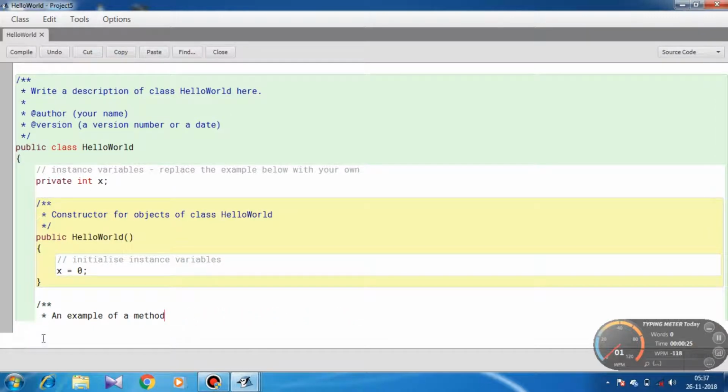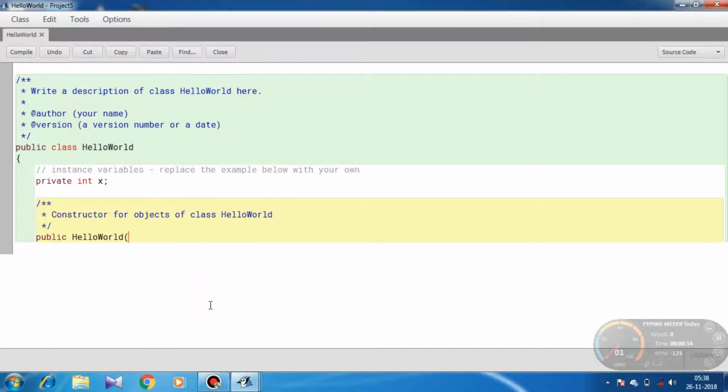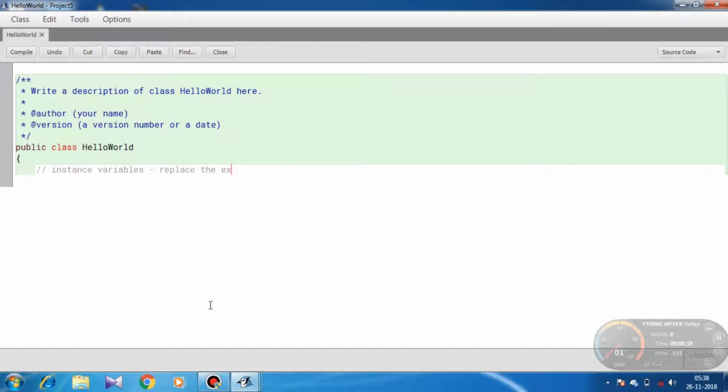Here you can see that we have given the class name hello world. Read it here: public class hello world, public class, and then the name of the class. This bracket is open, and then we have closed this bracket.